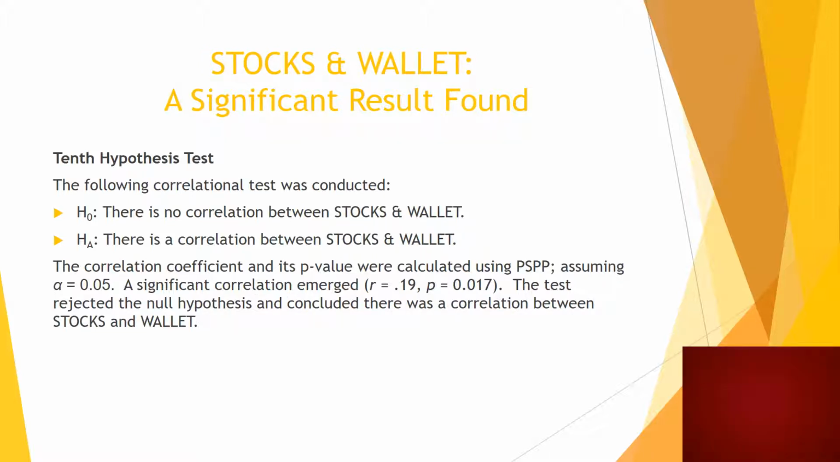And finally, on the 10th test, we looked at stocks and wallet. And we found a significant result here. The null hypothesis was stated to be that there would be no correlation between stocks and wallet. And the alternate hypothesis that there would be a correlation between stocks and wallet. There was a significant correlation with an R value of 0.19 and a P value of 0.017. So we were able to reject the null hypothesis and conclude there was a correlation between these two variables of